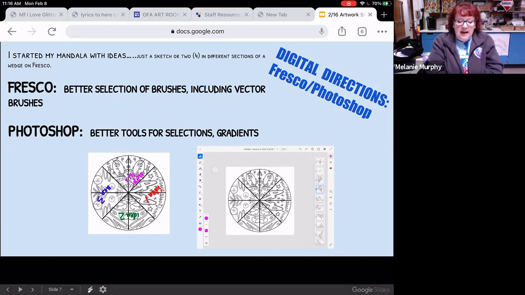But basically, in my opinion, Fresco has a better selection of brushes, including the vector brushes, which make super crisp lines because they aren't pixel based. So they make really crisp, beautiful lines. But Photoshop has better tools for selections, and sometimes that's really important. And it has the ability to make gradients, which are those really smooth transitions of colors. So you could go blue to light blue or blue to purple,